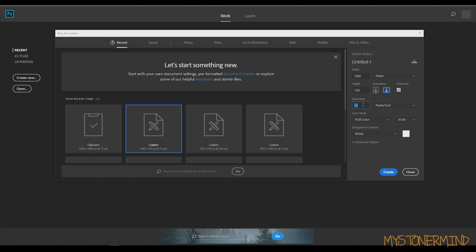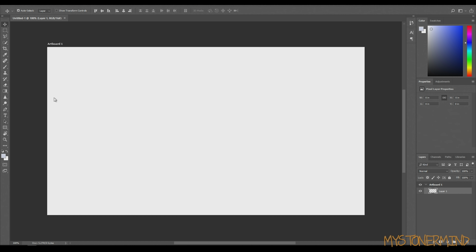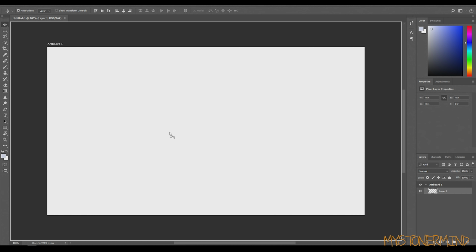I usually just leave it on 72, but for today I'm going to make it 200 for some reason. Also, this right here is usually on 8-bit, but for today I'm going to make it 16. So I'm just going to create. Alright, so onto this blank canvas right here, what I'll do is I'll just drag my picture that I've taken,